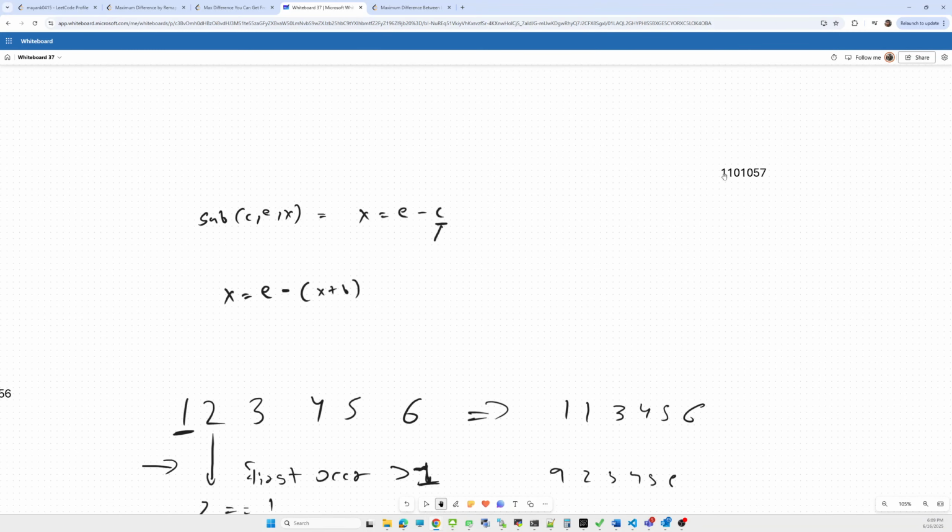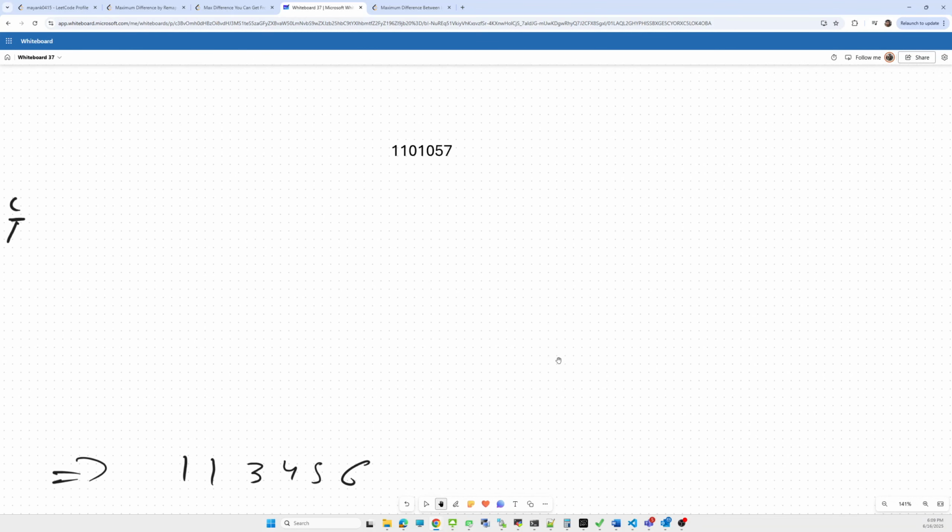This one, 110. Let's see this example. In this example also we look at the first digit, 1. Are we going to make this 0 into 1? No. We keep 1 as it is, 1 as it is, 0 as it is. Now in this other example, 5 is the first occurrence in the num's digits which is greater than 1. So we'll make it 1. So this will be our minimum number.